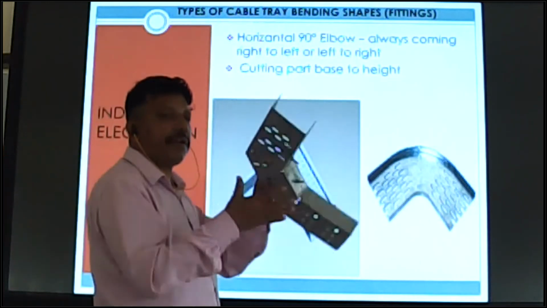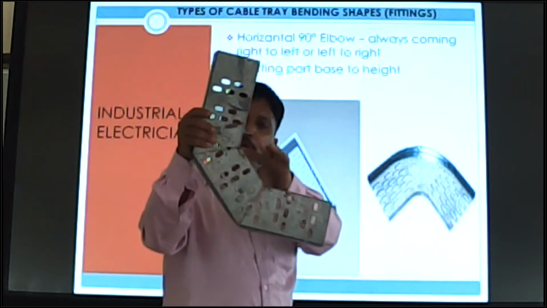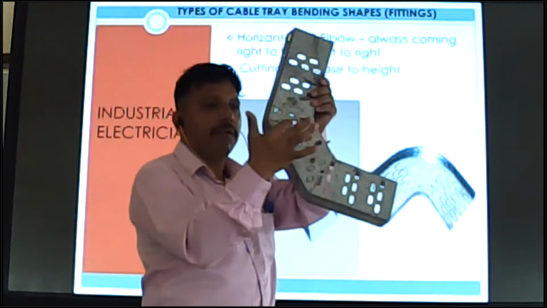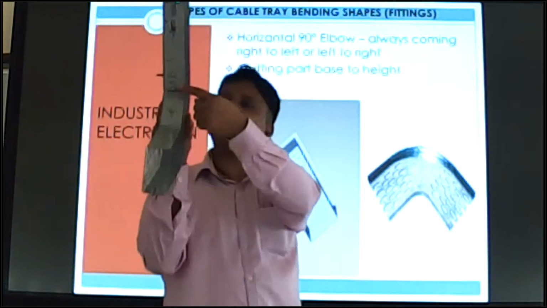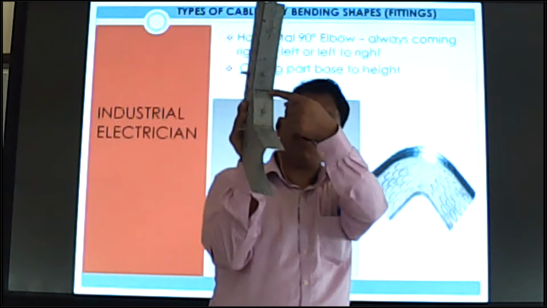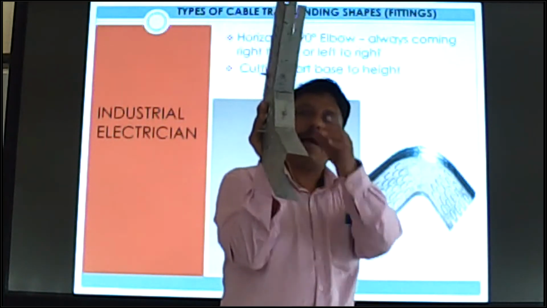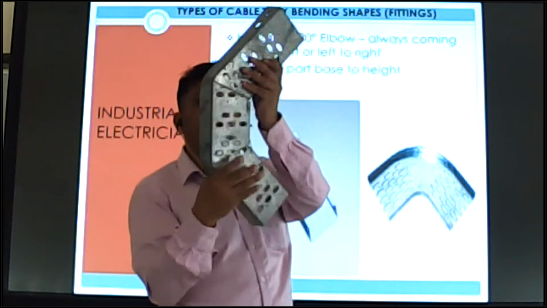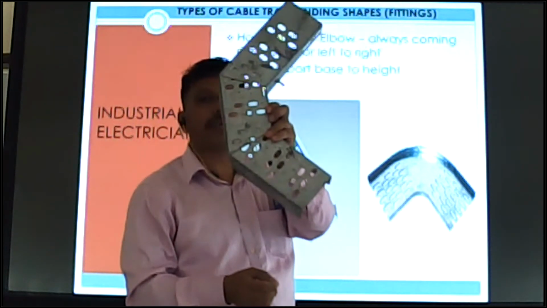In some projects we cannot find ready-made bends. That time we can make such bends by hand. The cutting part comes in two types. You see here there is already cutting and a joint. Here is the joint, okay? Cutting and joint. This is base side cutting, not cutting on the height side. You can see here the height side is not cut. Only the base side is cut. You can check this one. The height side is the same, both sides. Only cutting in the base side, and we join using screws, not bolts.